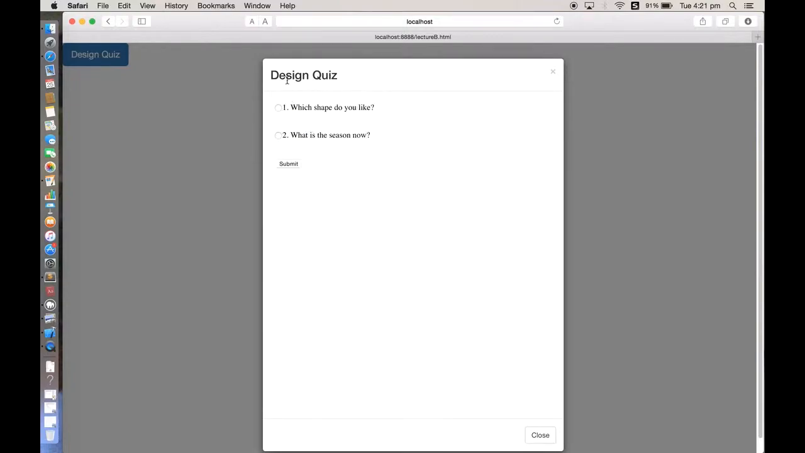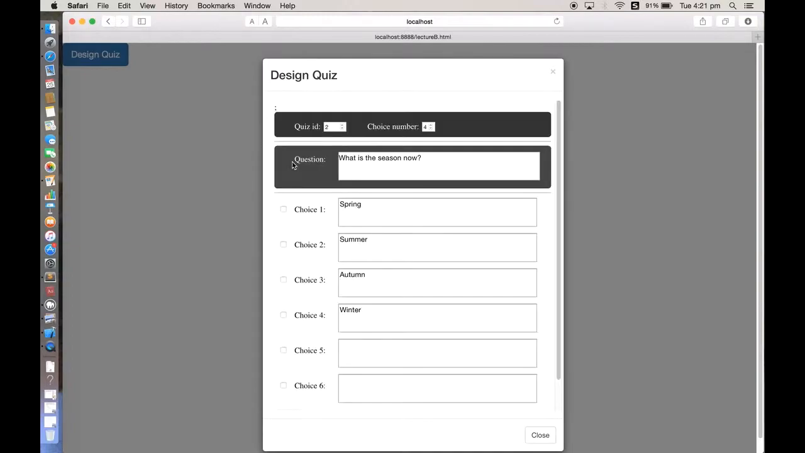We can see there are 2 questions. Only the question is shown here. The choices will not be shown here. The second question, what is the season now, is the one we added before, and we edit it again. Click here and submit. We can see all the details of the question displayed here, and this time maybe I want to change the right choice,